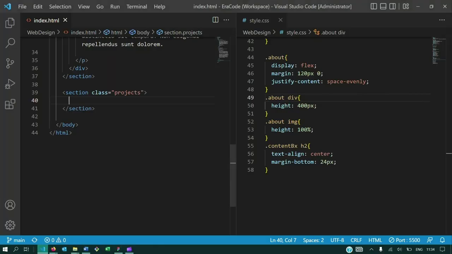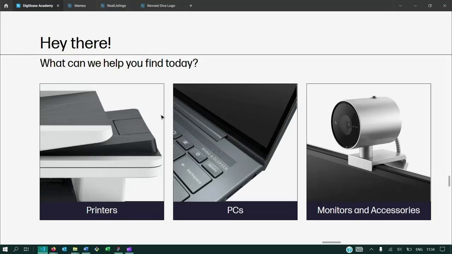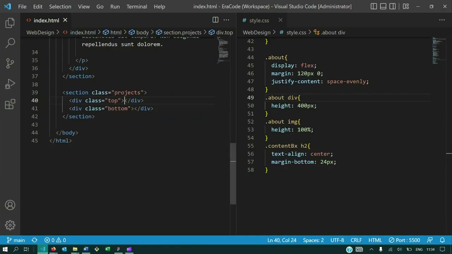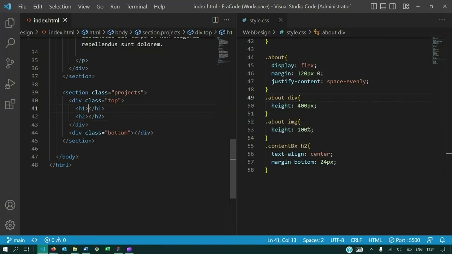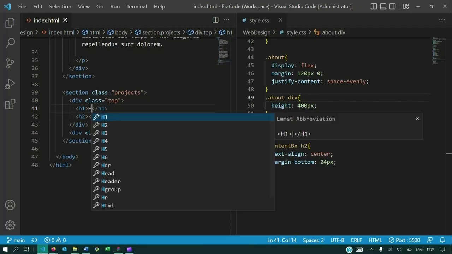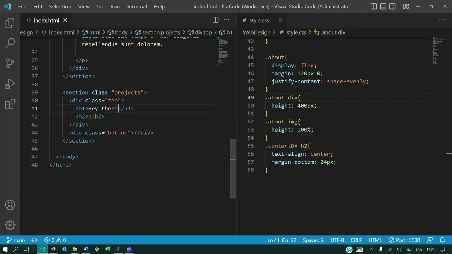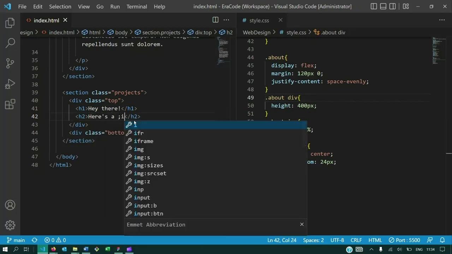All right, good. So I said we're going to have first a div of top and then a div of bottom. The top div, like I said, is going to have a heading and a subheading. A heading could be H1, subheading could be H2 or H3, as you please. So inside the top div, we'll have an H1 and an H2. We just put dummy text, the H1, we just say, hey there. Then the H2, we could just key in, here's a list